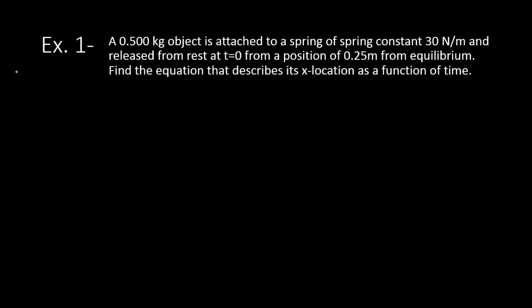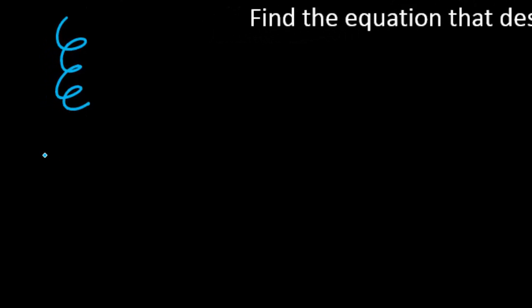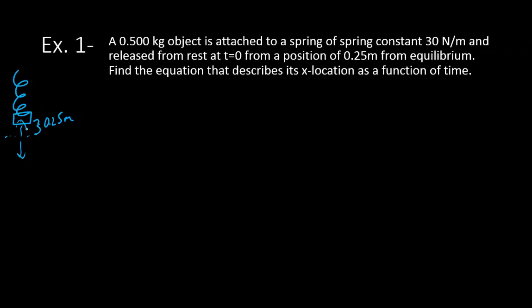And so, you can imagine we have a little spring on here, and there's some equilibrium position, and this object is released 0.25 meters away from equilibrium, and then it's allowed to oscillate back and forth. Because this object is moving in simple harmonic motion,